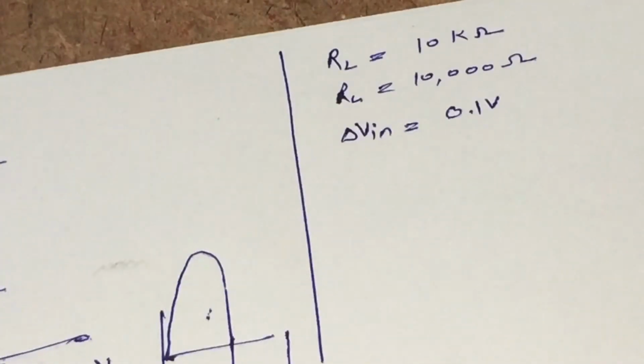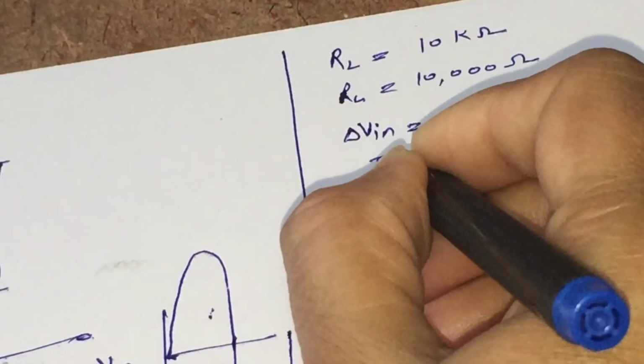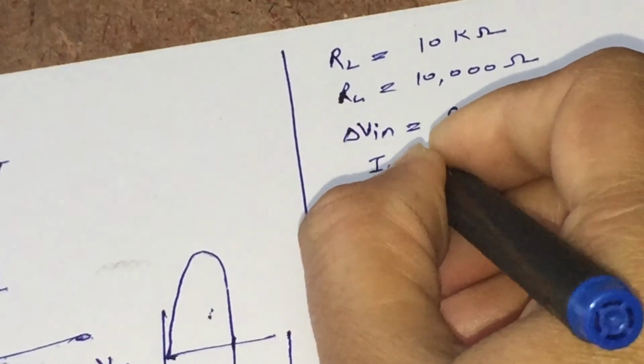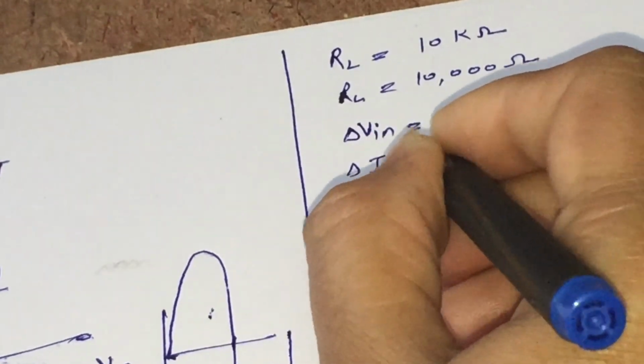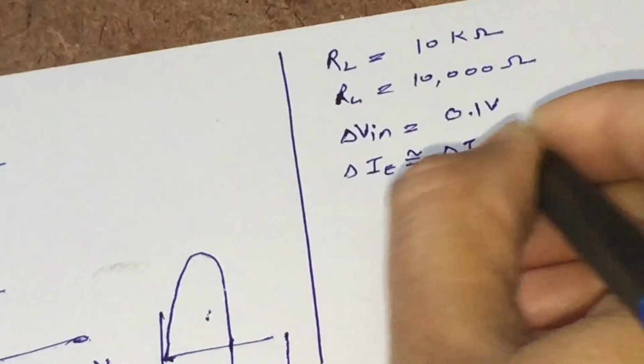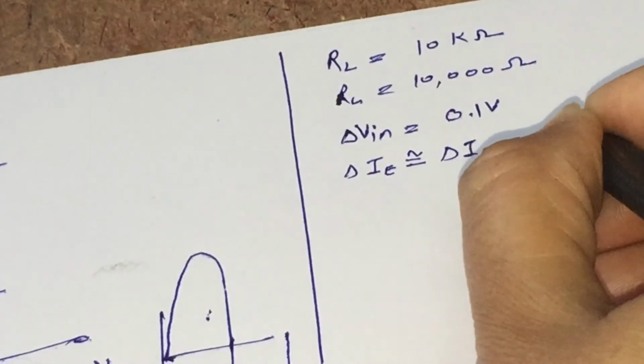Let us consider the change in the emitter current, which is approximately equal to the change in the collector current, in this case is